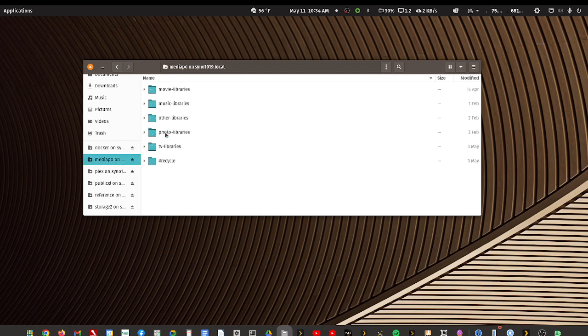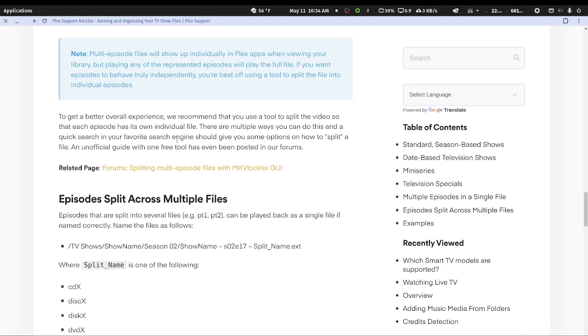So inside my shared media folder, and it could just be a media folder on a computer, I have created a sort folder for every type of Plex library there is. And if I go back,